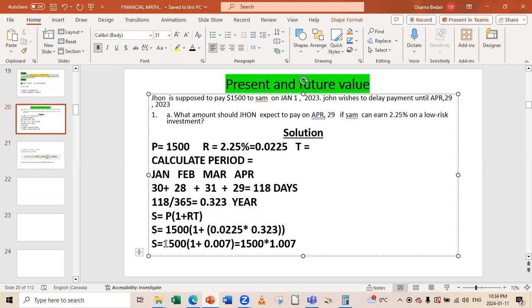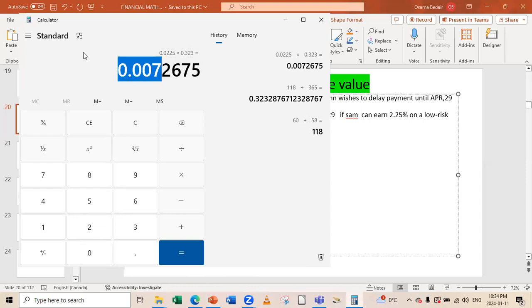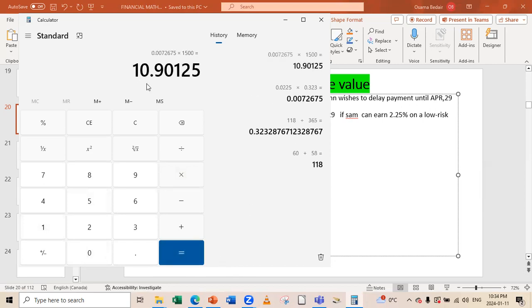Multiplied by 1.007. So I will take this 1,500. So this will be multiplied by 1,500. That will give me